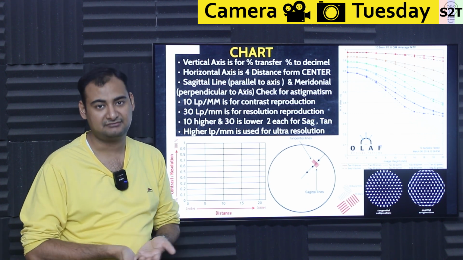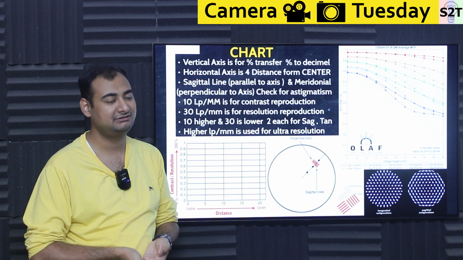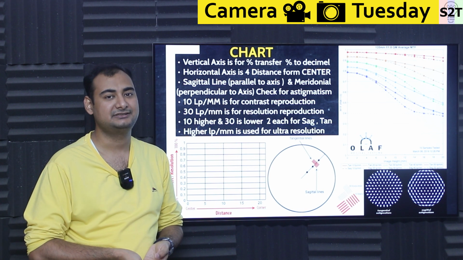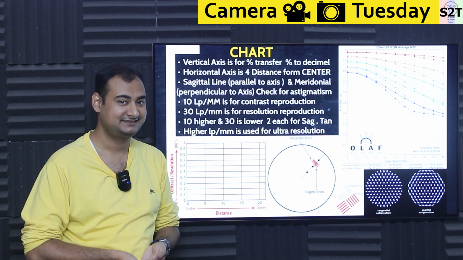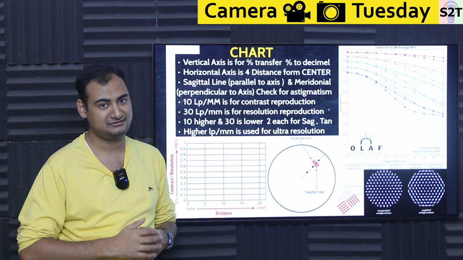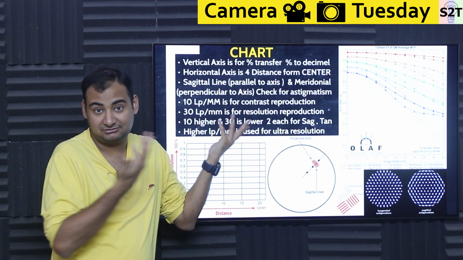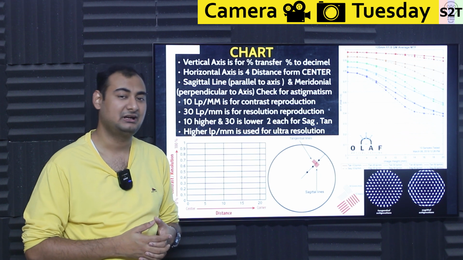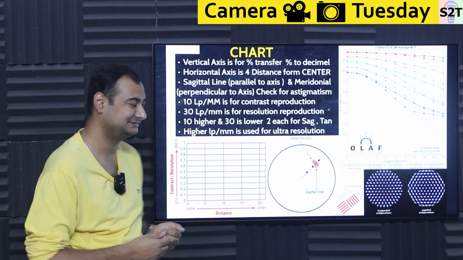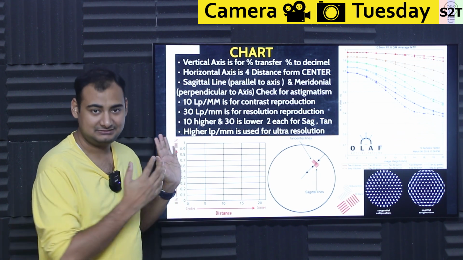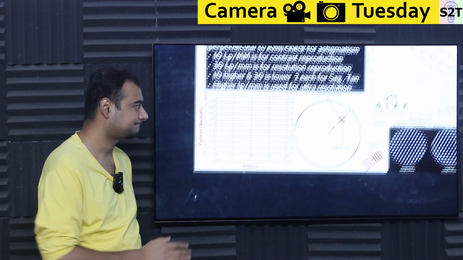Yes, it's unfortunate that we have not solved it, but the only way to solve it physics-wise is using mirrors, not lenses, because mirrors are the first incident surface. So that's how the James Webb Space Telescope does it. But if you have that kind of budget, you would not be watching this video. So this is how you study the chart.